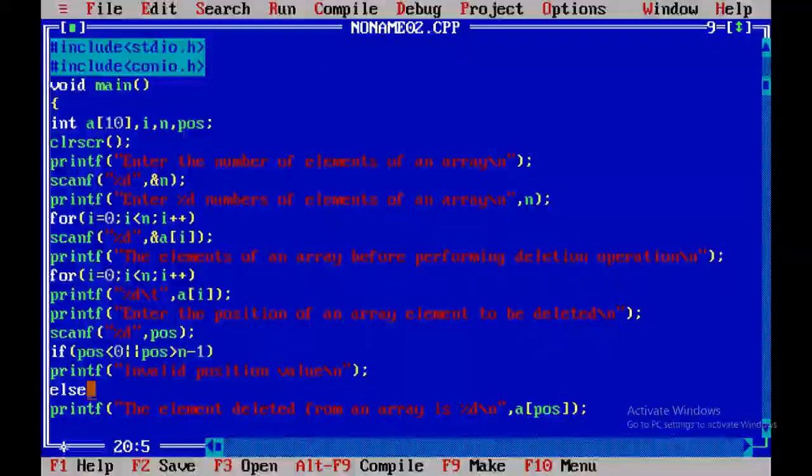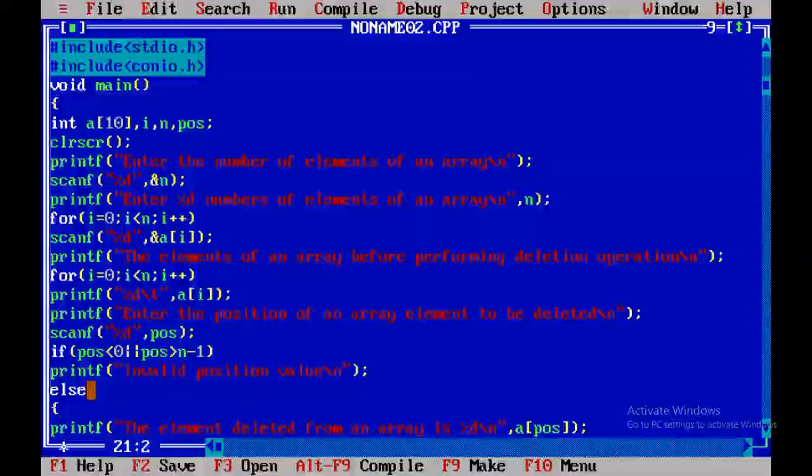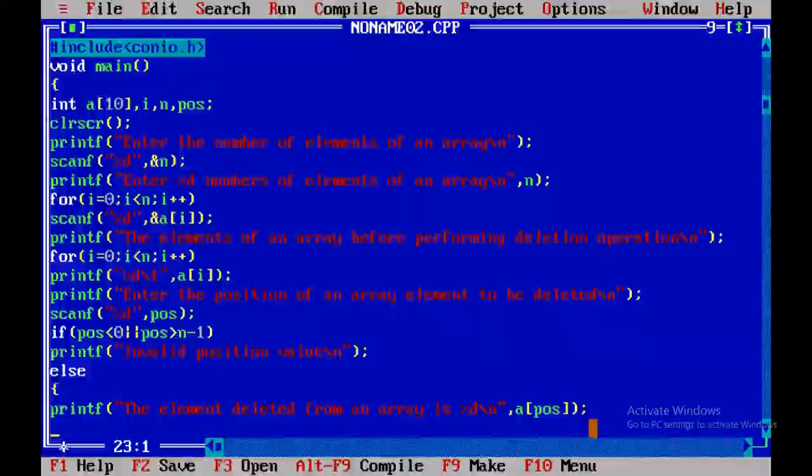Okay, so here I'm going to include a block because there will be multiple statements that have to be executed. Hence, I'm creating a block. How am I creating a block? By using opening and closing braces. Okay. So if there is only one statement that has to be executed, then there is no need for braces. Here, for the if statement, I have not created a block because there is only one statement. But in case of else, I have to execute multiple statements. So because of that reason, I have created a block.